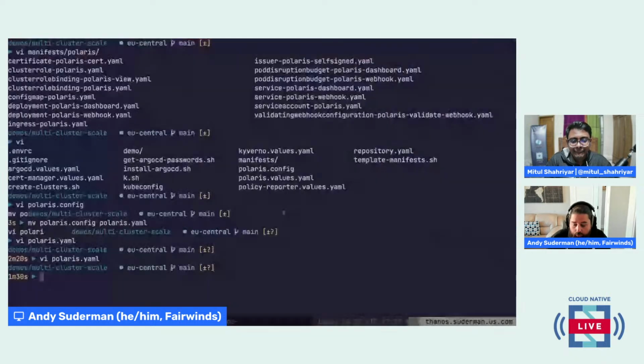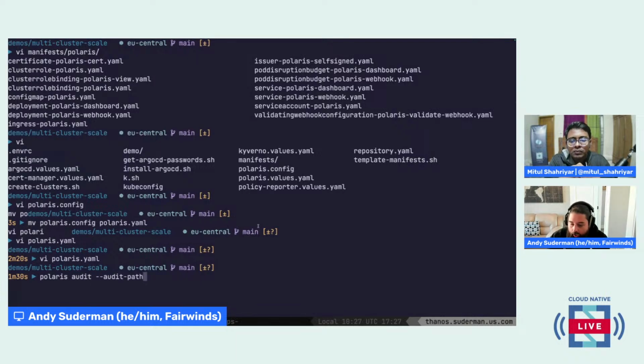And so we could use the Polaris CLI to audit the YAML in this cluster. We could put that in our CI/CD pipeline for that, and then sort of warn or block on these checks before they even get into the cluster. And so we're shifting the responsibility for responding to these policy violations to the left.